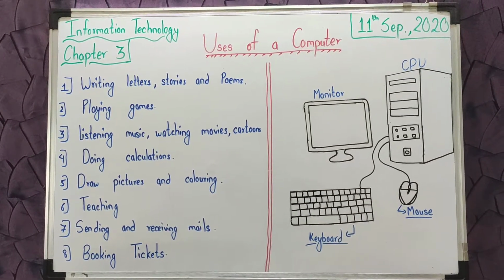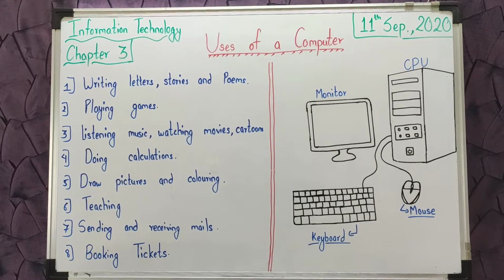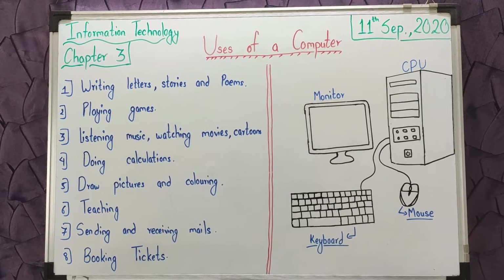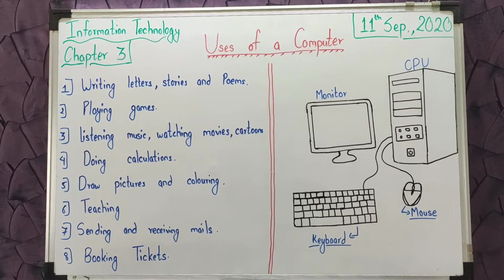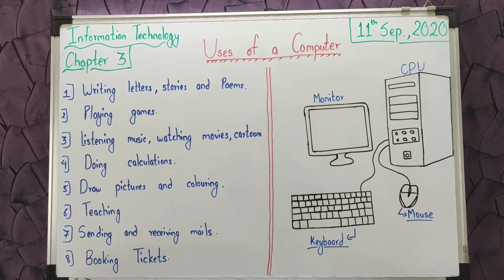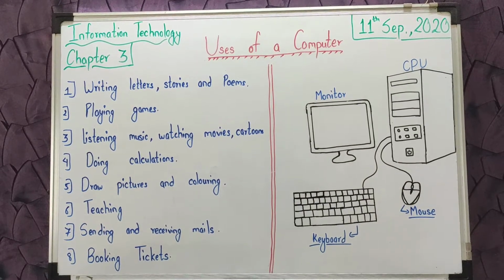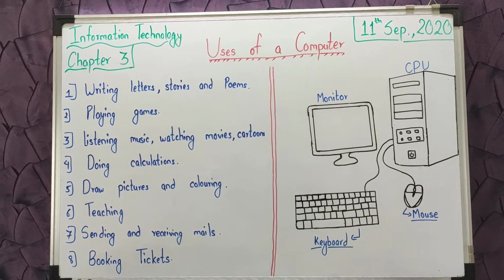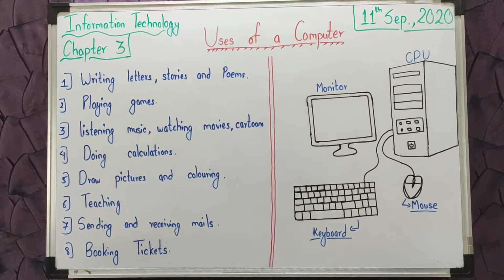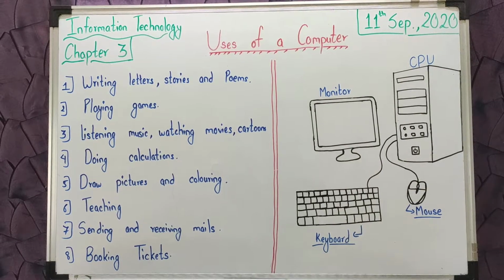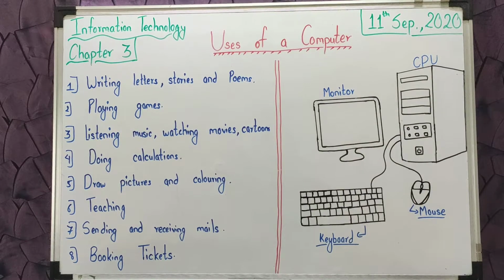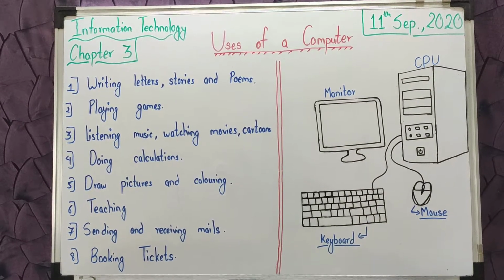Before starting the lesson, let's revise our previous chapter about computer and its parts. Okay? And we also learned that machine is a man-made thing, right? It is very important in our life. It helps us to make our life easier and faster, right? It saves a lot of time. Let's say if we are busy doing something or we have a lot of works to do, then we can make our work easier and faster or finish faster by the help of a machine, right?